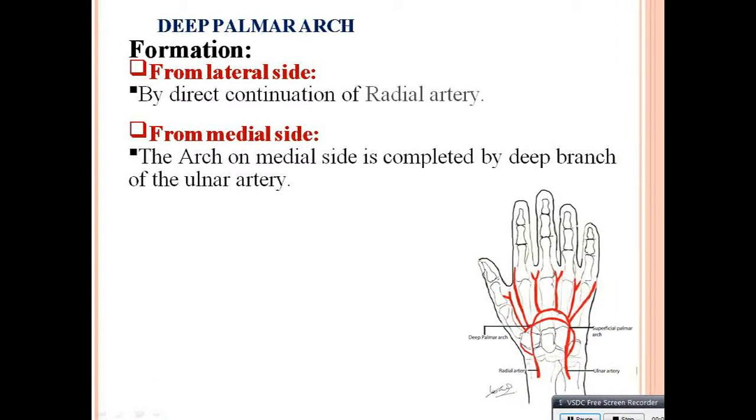Let's see the formation of the deep palmar arch. The radial artery and the ulnar artery, both of them reach the anterior aspect of the wrist. The main radial artery goes onto the posterior aspect when it is reaching the wrist region, and that lies in the posterior aspect, but again that comes onto the anterior aspect of the hand,